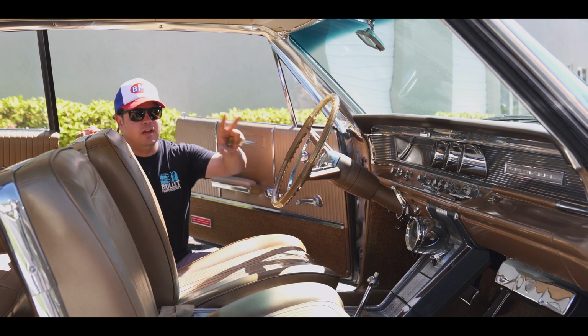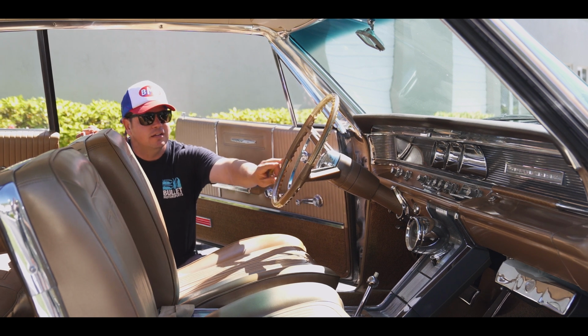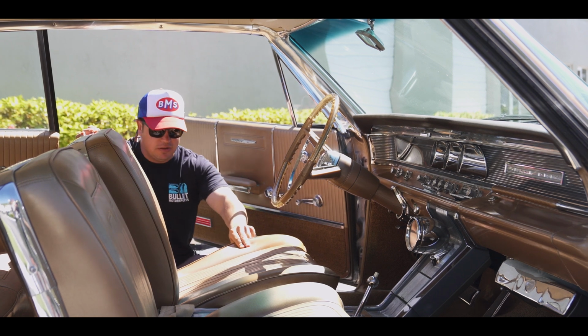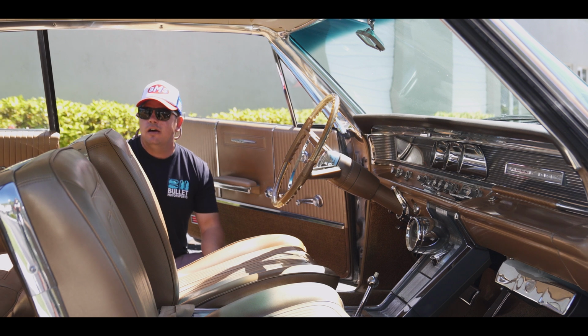The steering wheel is my favorite part of the car because of how it's clear, so you can see through it. There's no cracking, horn works. Door cards are matching with the interior, so the interior is original, shows very well. It does have chrome on the top side right here. If you use a